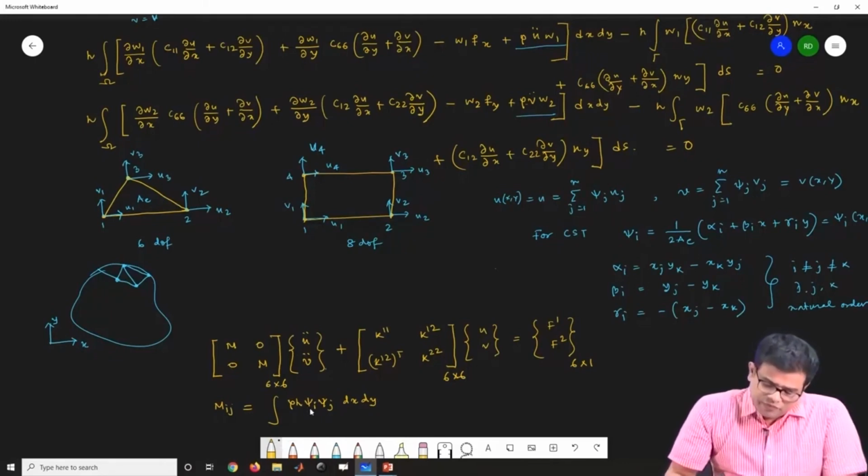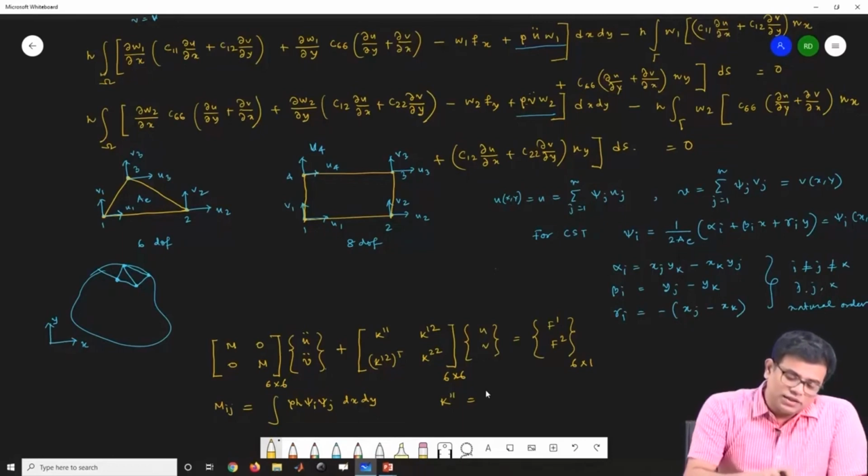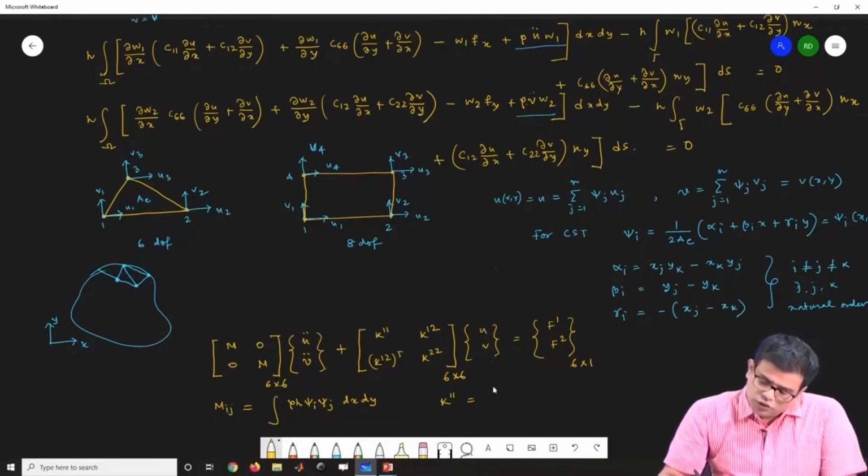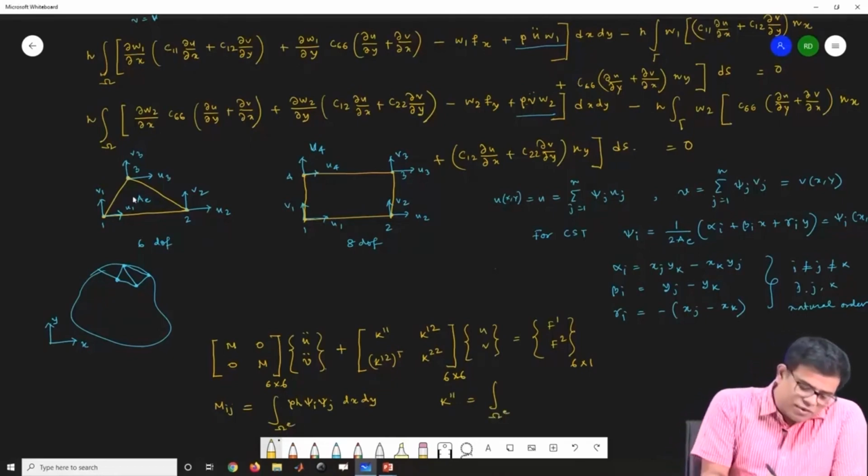So, only this integration can be performed exactly for the triangle. Now, similarly, if I want to find out k11, then only the u term will come here, so k11 and u. So, if I write now, this is omega e. Omega is my